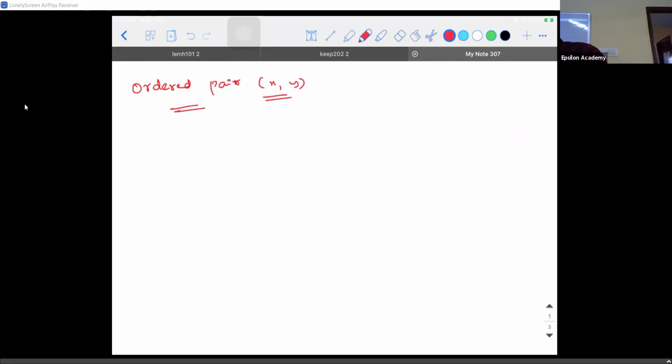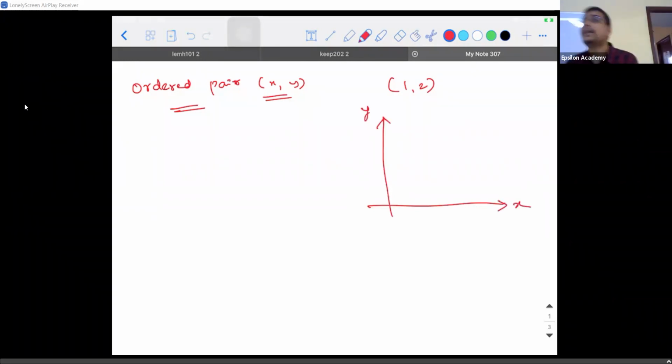When you have an ordered pair, if I give you something like (1, 2), then what can you say? If you take a graph sheet, then (1, 2) in terms of coordinate geometry, we call it a coordinate, where 1 represents the x coordinate and 2 represents the y coordinate. What is the other technical name for it? 1 represents the abscissa, 2 represents the ordinate. A better way to look at it is 1 represents the value of the independent axis. So what do you mean by independent axis?